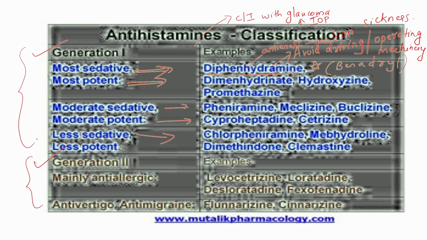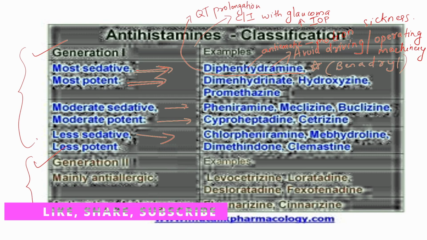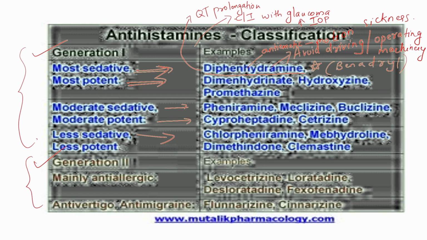And also this drug can block the cardiac potassium channels, so that can lead to QT prolongation. If we are giving diphenhydramine in high doses, what happens? There will be QT prolongation in the ECG. So we should be very careful if we are giving it to cardiac patients. So it can block the cardiac potassium channels. So these are some of the important things that we should note about this drug